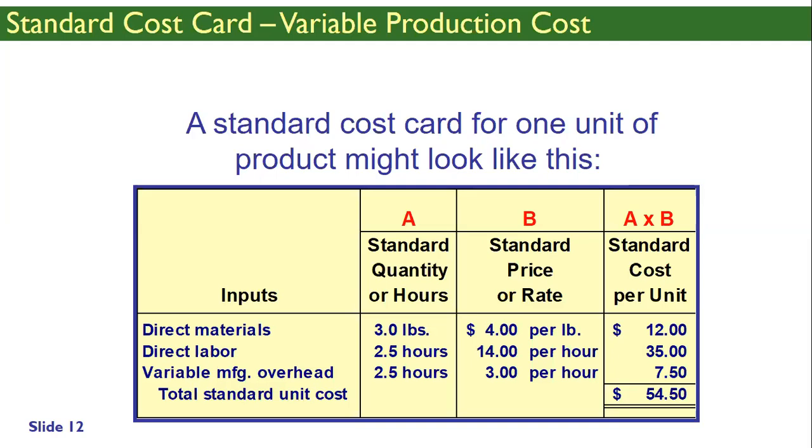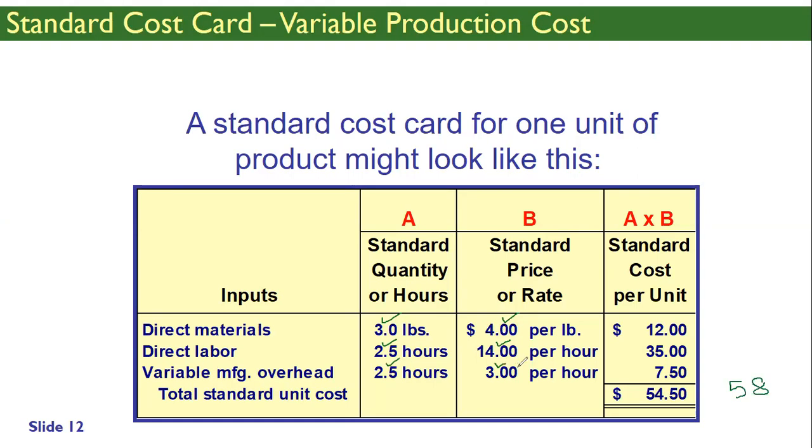But then what happened is that in reality, when you make your output, you see that you did not make the unit for $54. Actually, you made 1 unit for $58. So when you made 1 unit for $58, you need to find out why this difference appeared. Where did you spend $4 more? Maybe you purchased material expensive, or maybe you used more material. Maybe you paid more for the labor, or maybe people worked more hours. And probably your variable overhead hours are more, or probably the variable overhead rate is more.